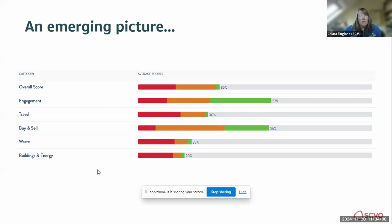So you can see here from the screen that engagement is where the sector is doing the strongest. But when we look at buildings and energy and travel, those are the harder sticking points. I think some of the tips that Emily shared today have been super helpful for those that have buildings, because a lot of the people completing the scorecard are maybe less in control. So there's always that balancing piece, but we're always really keen to understand the challenges